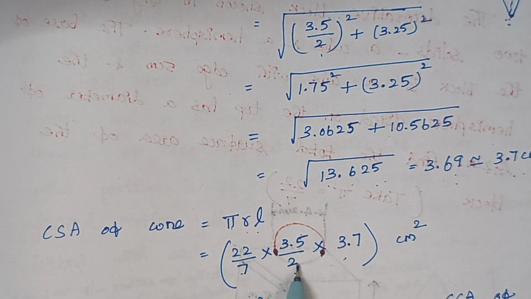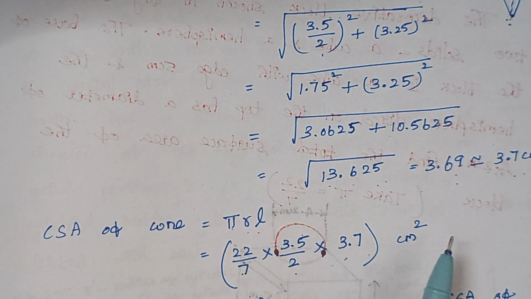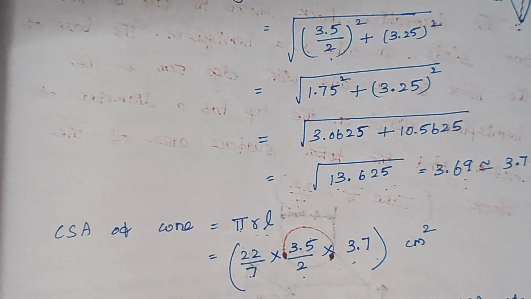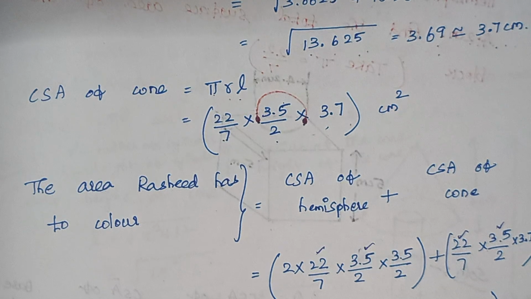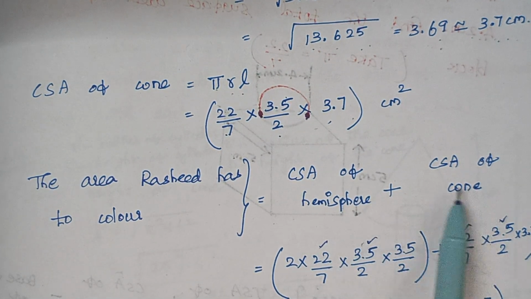So we know pi, we know r, L just now we have calculated. So just substitute it over here. So finally, now we have to add these two areas. So the area Rashid has to color is nothing but the cross-sectional area of the hemisphere plus the cross-sectional area